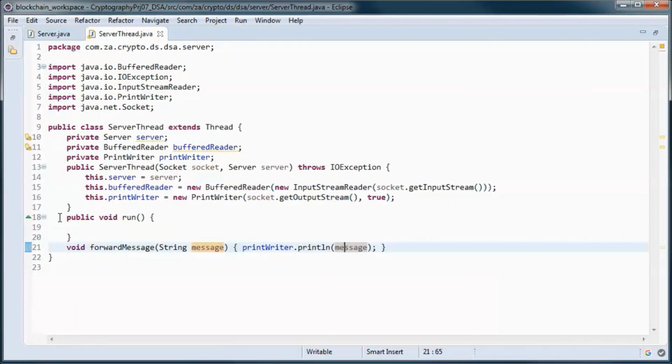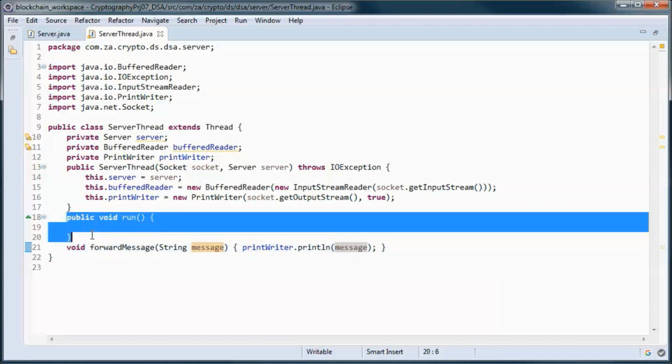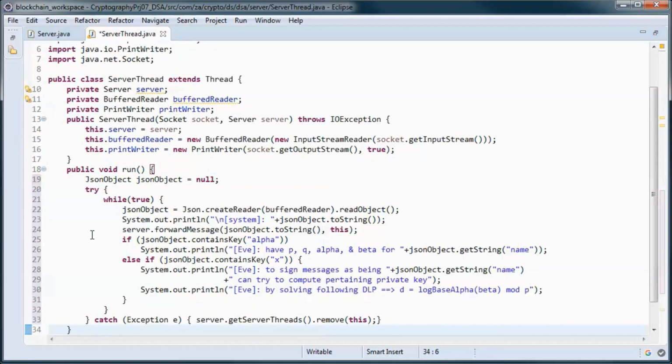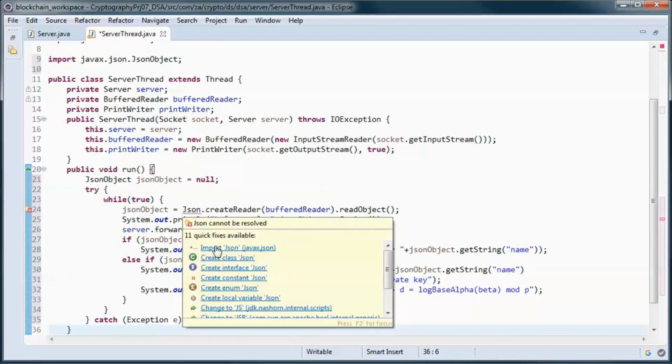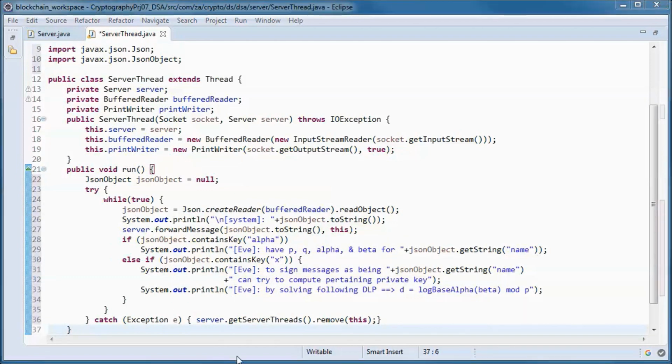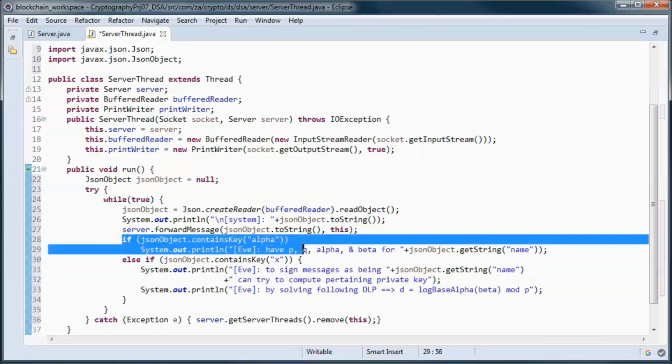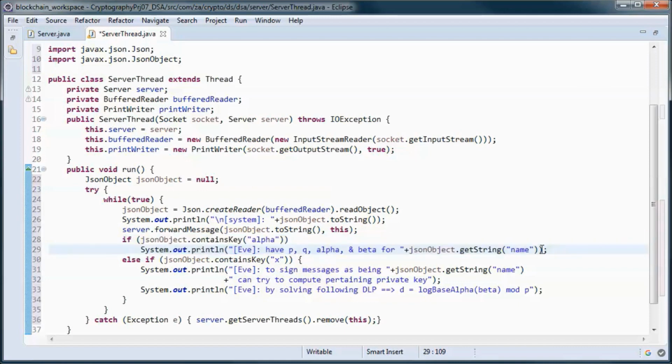And here, when a message comes in as a JSON object, we check if that message contains the public key for Alice or Bob, and we display what that key is, so P, Q, alpha, and beta.